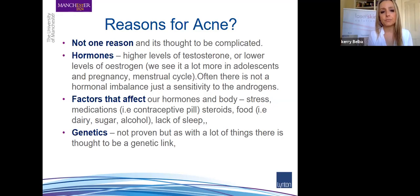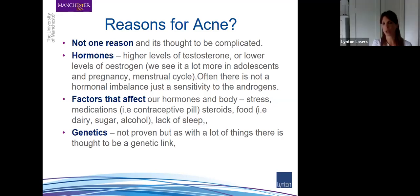So absolutely. Yeah, I mean, you've hit on, obviously, I'm going to come to this in a second, such an important factor, that is stress. Stress, without a doubt, is one of the big reasons behind acne, we believe. But if you look here, it's saying there's not one reason. It is complicated. Not everybody is the same. A lot of it is down to hormones, and that's not necessarily imbalance. For some people, it is an imbalance. For some people, they've got higher testosterone levels, or they may have lower levels of estrogen, so the testosterone is